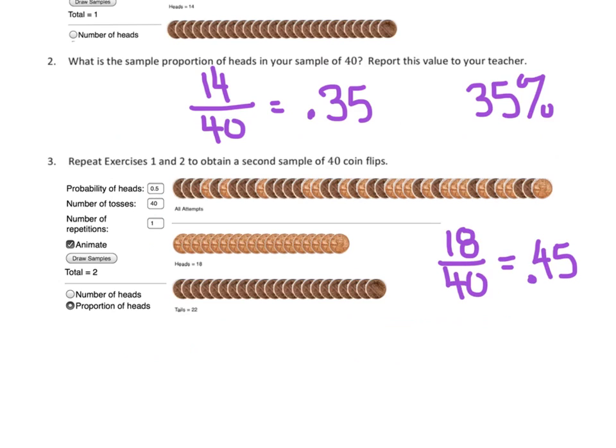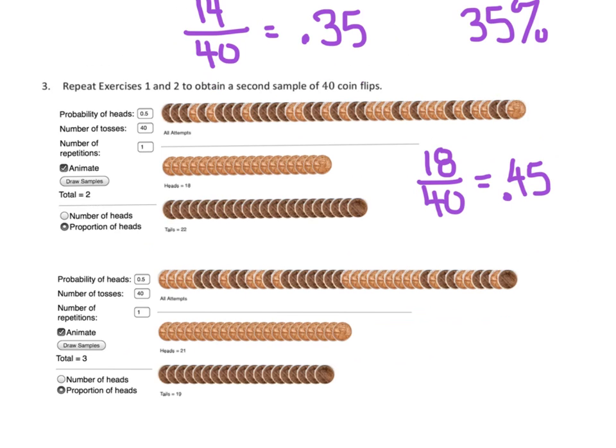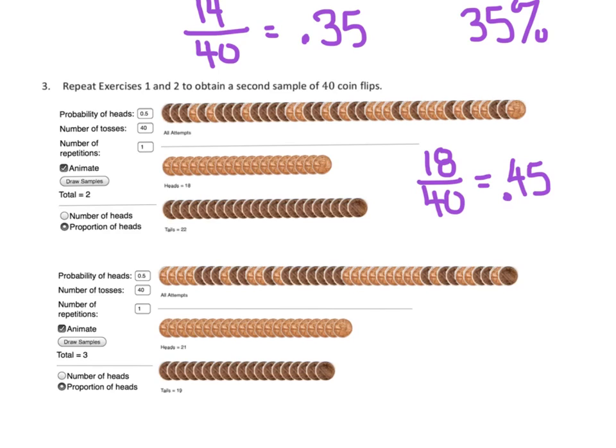Now, just for fun, just because I couldn't help myself, I want to do one more simulation and see if I can get anything, because of course I could err on the other side, where maybe I get more than 20 heads. So let's run one more and see if that happens. And yes, indeed, this time we got 21 heads, so our proportion on the third simulation, 21 out of 40, gave us a 0.525, and certainly you'd expect to err on the